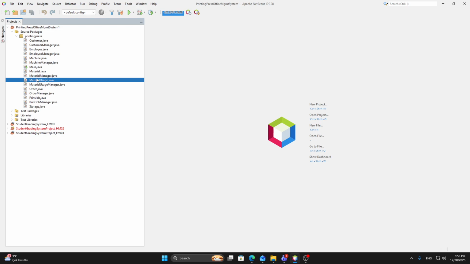For each entity, there is a corresponding management class, manager class. The manager classes are responsible for handling all operations such as edit, add, delete, list, backup, and restore. Additionally, I use a storage class to handle file-based backup and restore operation using serialization.